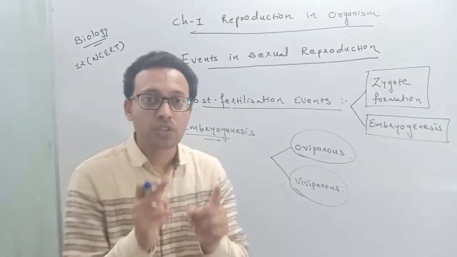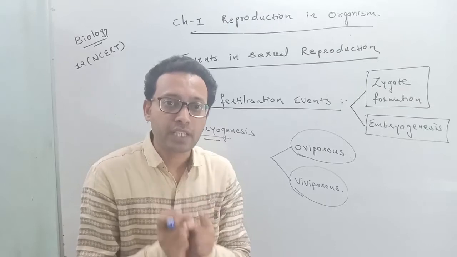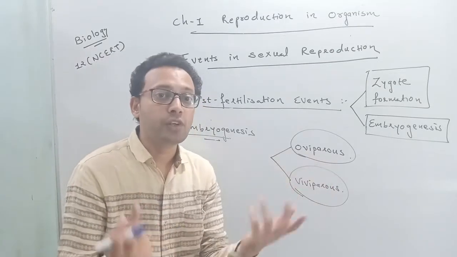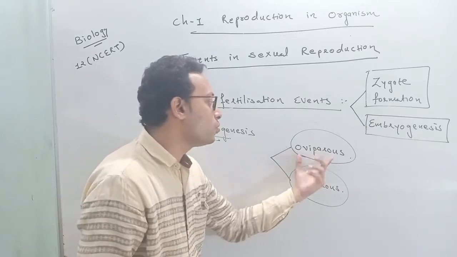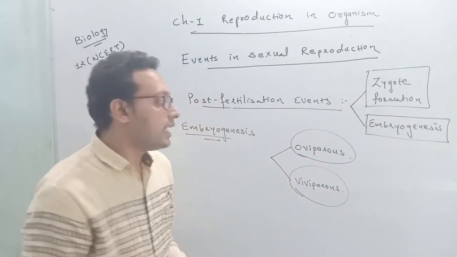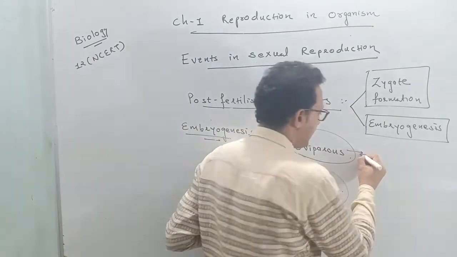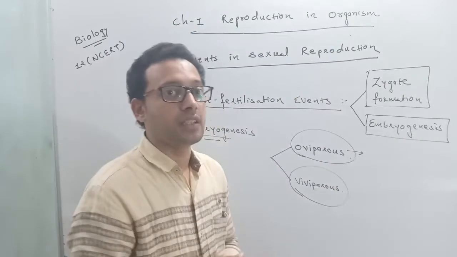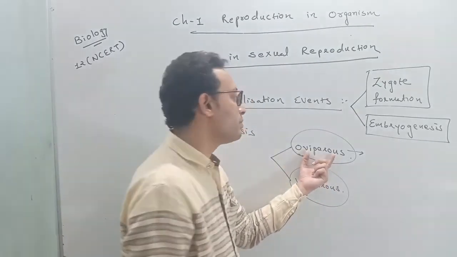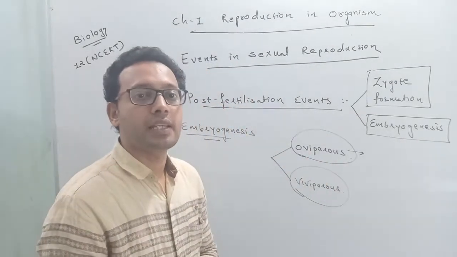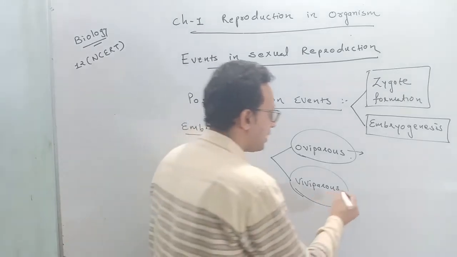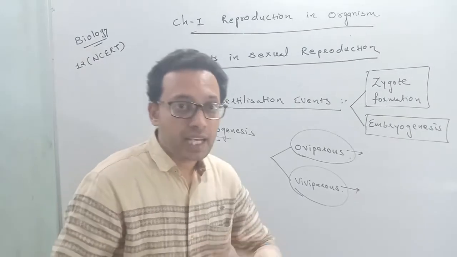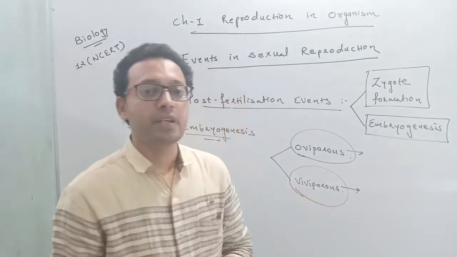Based on where the zygote developed in the post-fertilization events develops, there are two types of living organism. If this development of a zygote occurs outside a body, then these living organisms are called oviparous animals. And if the development of a zygote occurs inside a body, this is called a viviparous organism,